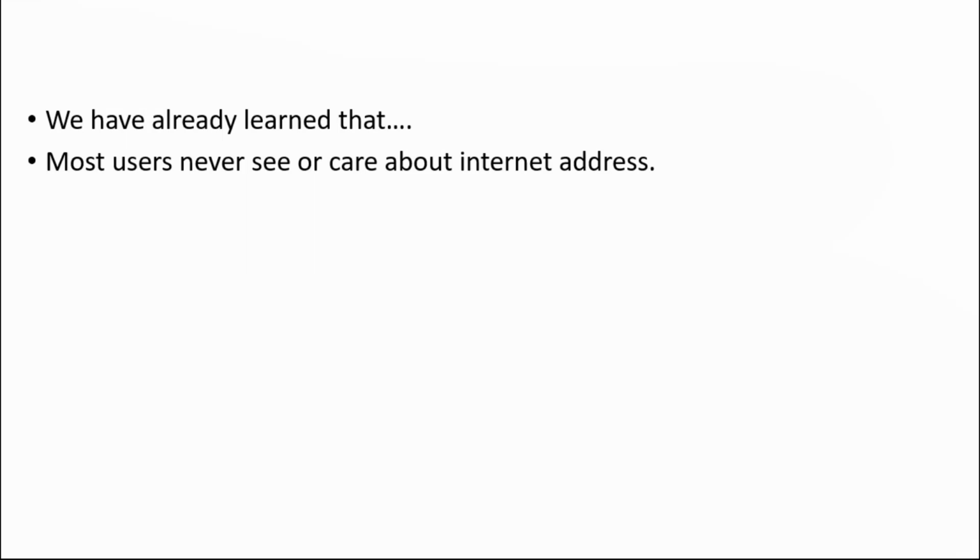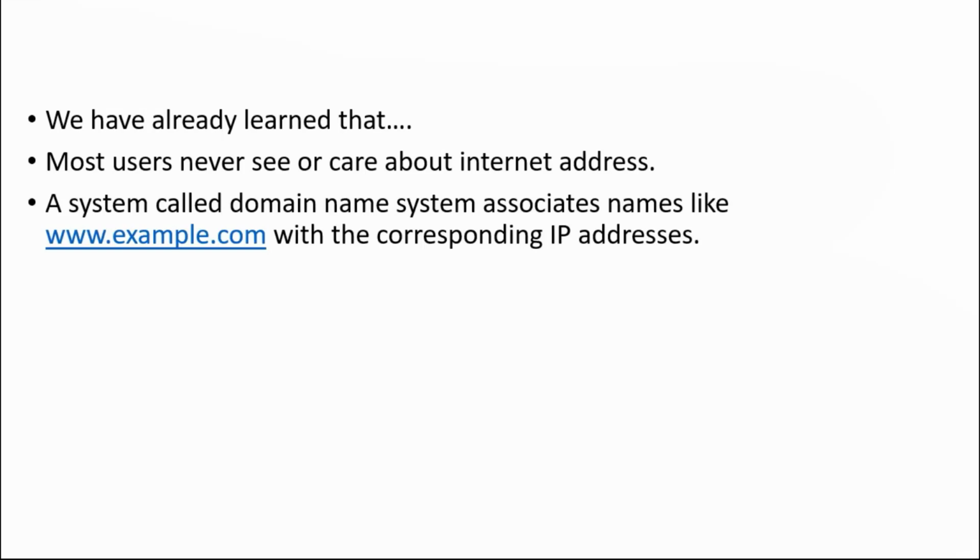IP addresses are in binary format, represented in IPv4 or IPv6. IPv4 is 32 bits long and IPv6 is 128 bits long, so it's complicated for humans to remember and understand. A system called the domain name system solves this problem